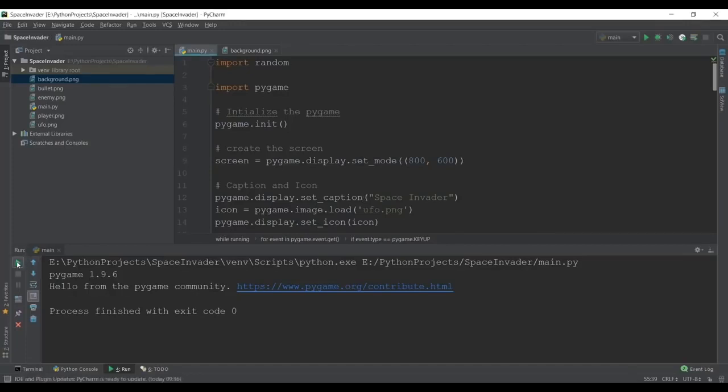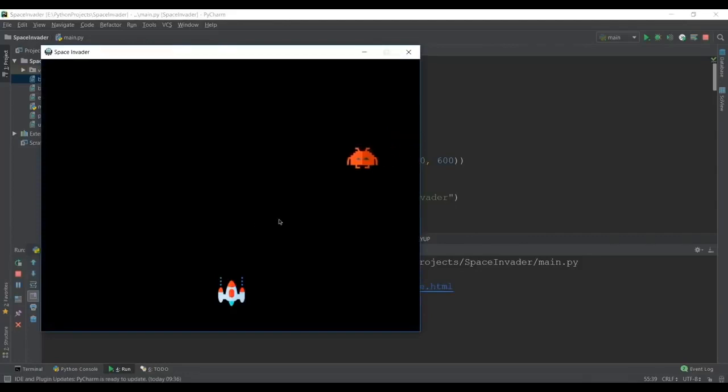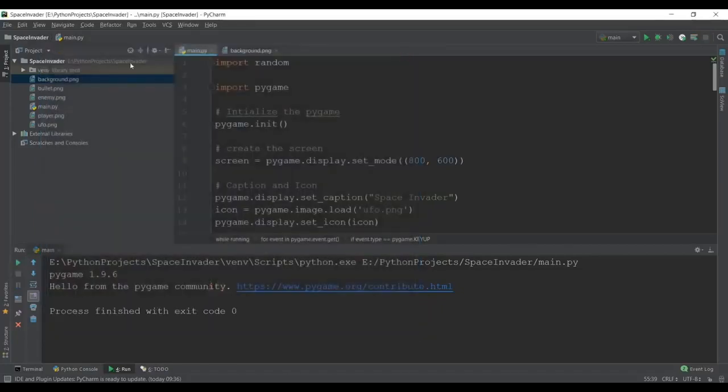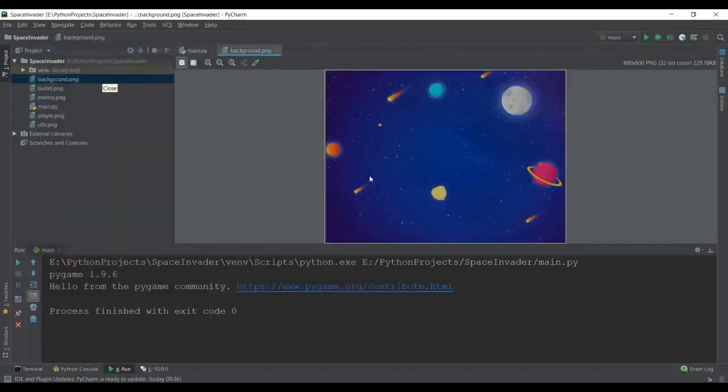So right now, if we open up our space invader game, you will be able to see that we have an enemy, we have a spaceship, but it's happening in the black background, which doesn't look that good. We need to add some kind of a space background to make it very cool. So what I'm going to do is, I've already downloaded an image of a background, that is background.png, and it